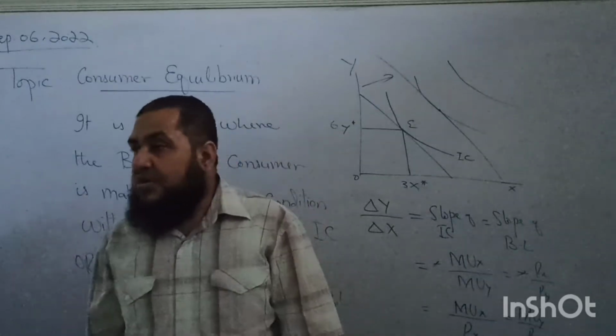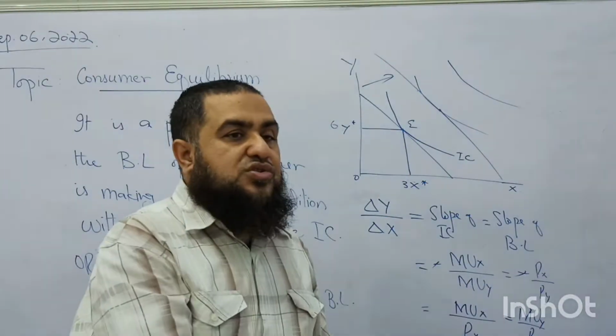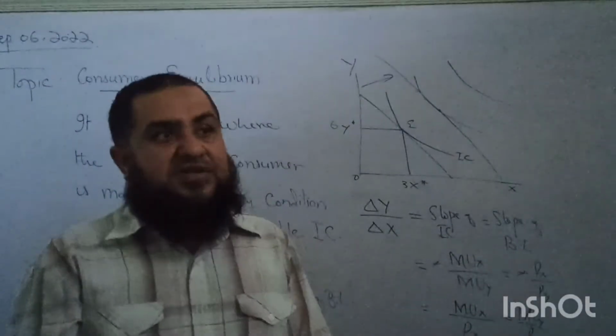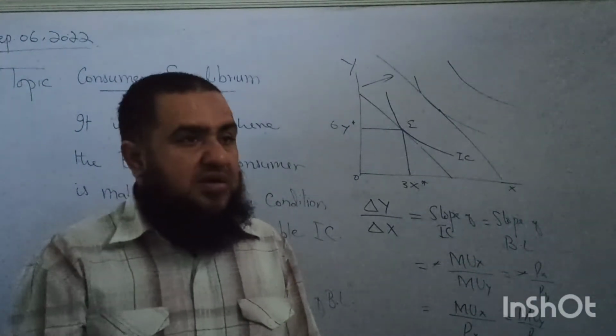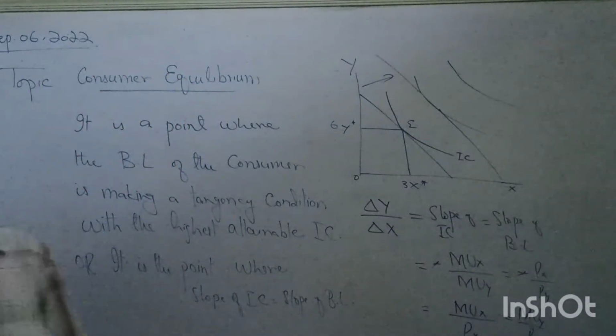If further income increases, his welfare will further go up. Follow my points or not? So if income decreases, definitely he will go below to the lower level of indifference curve. Clear? So now how demand curve can be derived from this approach?